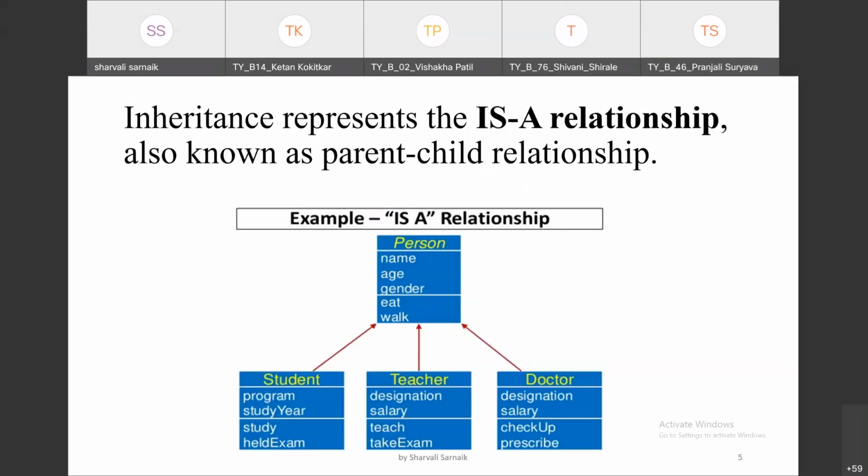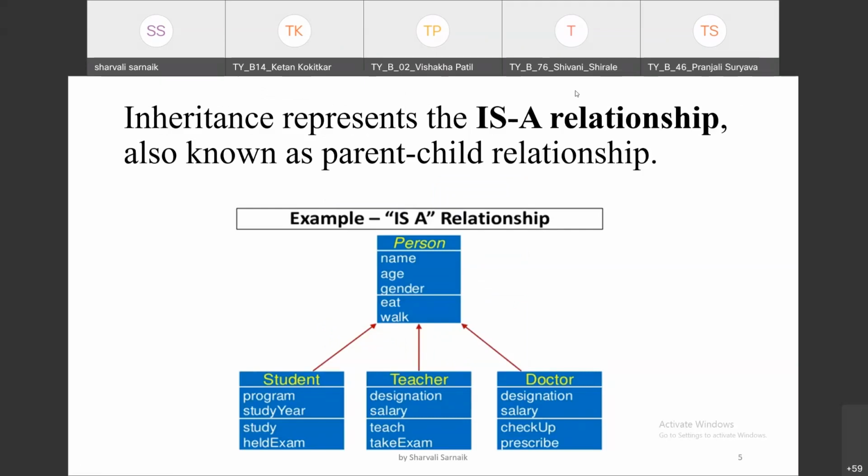Now we say that inheritance represents the is-a relationship, also known as the parent-child relationship. So let's take one example of the is-a relationship.